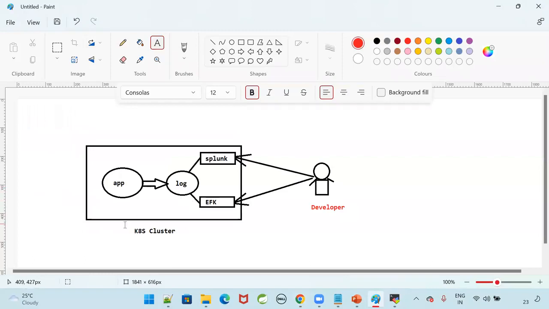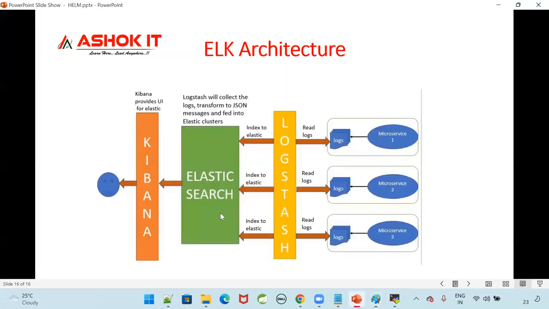Kibana is available in the Kubernetes cluster. Where is the application running? The application is also running on the cluster. So here, Kibana will get the